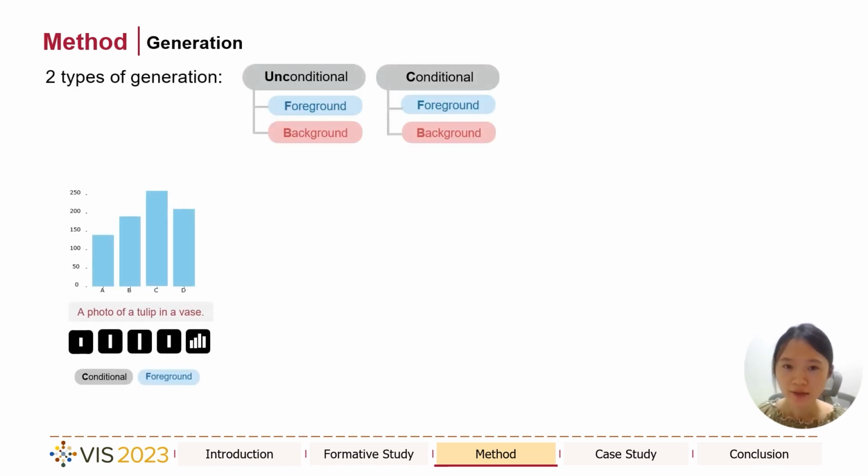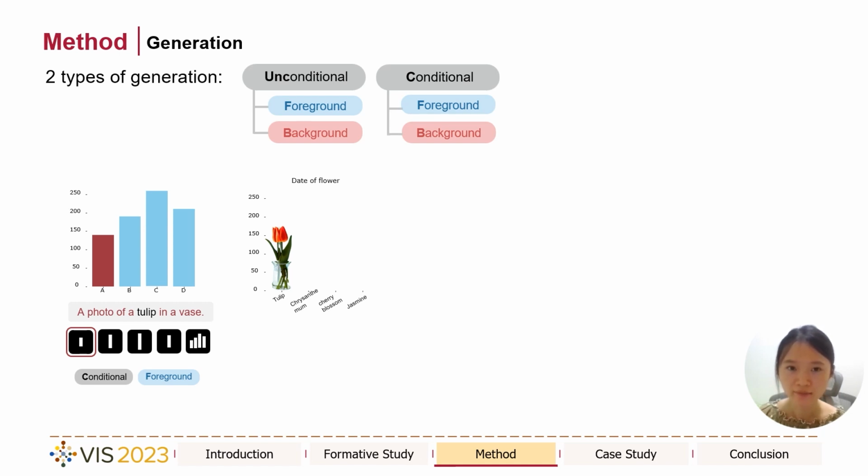There are two main types of generation, unconditional and conditional. Each type of generation has two modes, foreground and background. For example, let's say we have a prompt, which is a photo of a tulip in a vase. We set the data mask as a condition and select the modes as conditional and foreground generation. By doing this, we can obtain a result where the position of the first bar is a tulip in the